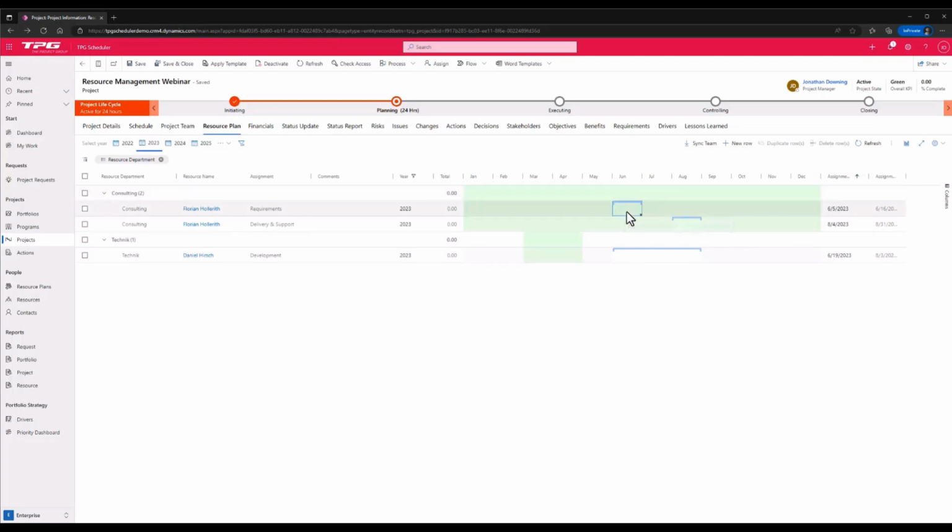Now I've thought about it and I've got my schedule, actually I only need 7 days of Florian's time in these particular months. And again, if I go down here, I only need Daniel's time, 7 days for those particular months as well. So again, taking that really simple interface and stepping up a little notch, linking it